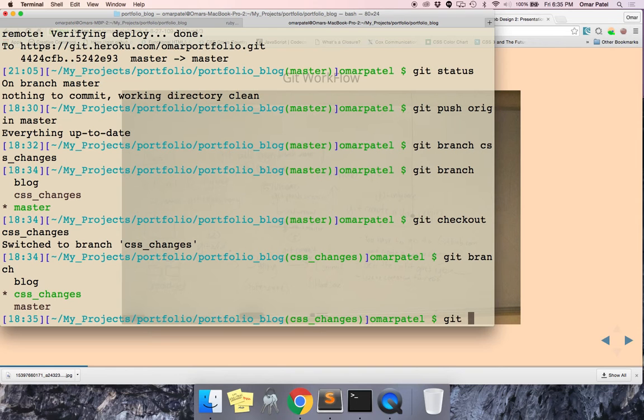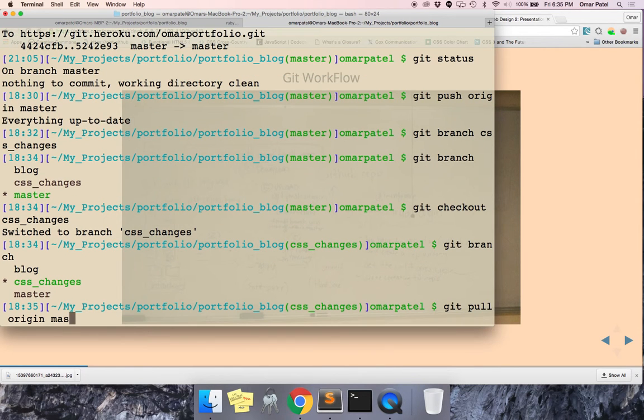Okay, so now I can pull changes into this branch, right? So I say git pull, or let's say I want to push this branch up. I do git push origin, and then what do I type in? Push or master? Do I do master? Wait, what are you trying to do? I'm going to try to push up my CSS changes branch. Oh, it's git push and then the name of the branch. Git push and the name of the branch, or